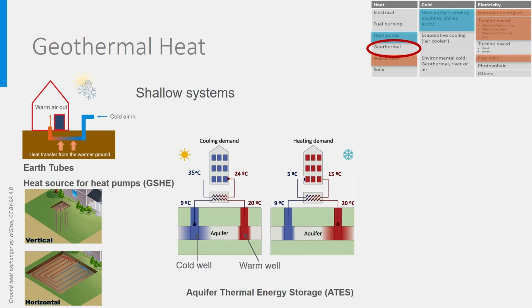We can then just reverse the flows in the heat exchanger, that is the picture on the right. Now, the warm well water is pumped to the heat exchanger, in which it gives its heat to the cold outdoor ventilation air in such a way that it is nicely preheated, for instance from 5 degrees to 15 degrees. In general, there are temperature limitations, and for instance in the Netherlands it is forbidden to use warm well temperatures above 25 degrees. It is also mandatory to make sure and demonstrate that there is a thermal balance in the ground, meaning that the quantity of heat extracted is the same as the quantity of heat supplied to the ground.